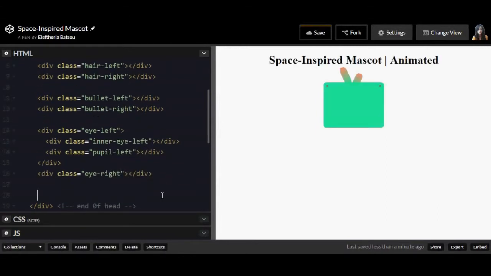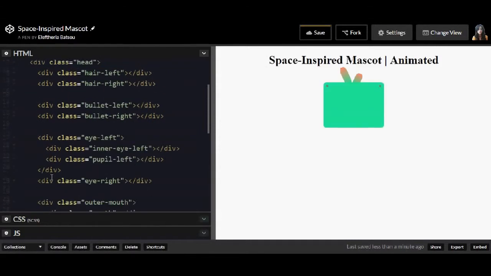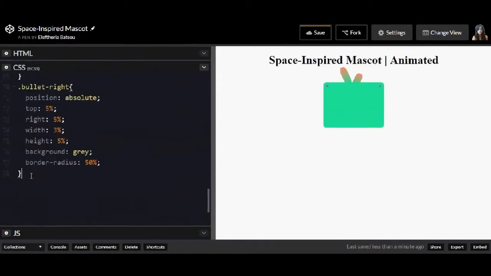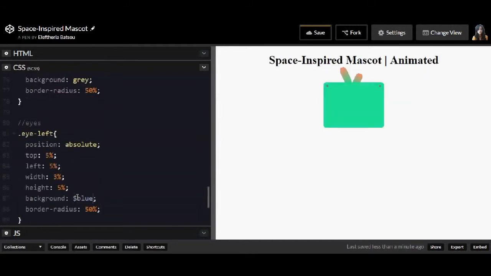Now we will continue with the eyes, and this time I decided to make the eyes different, so you will see in CSS how I will do them. The mouth will be pretty simple, and now in CSS